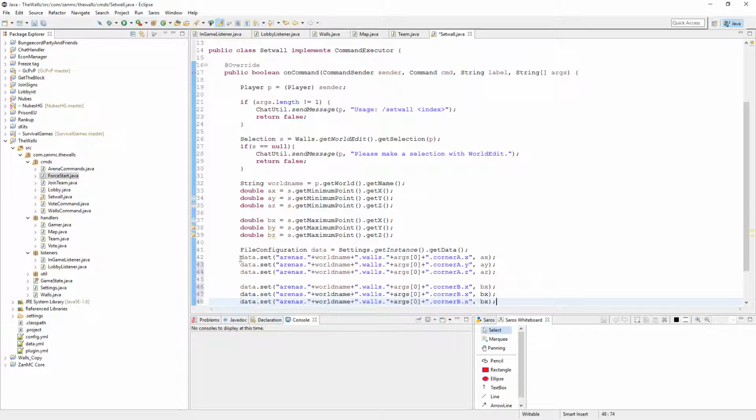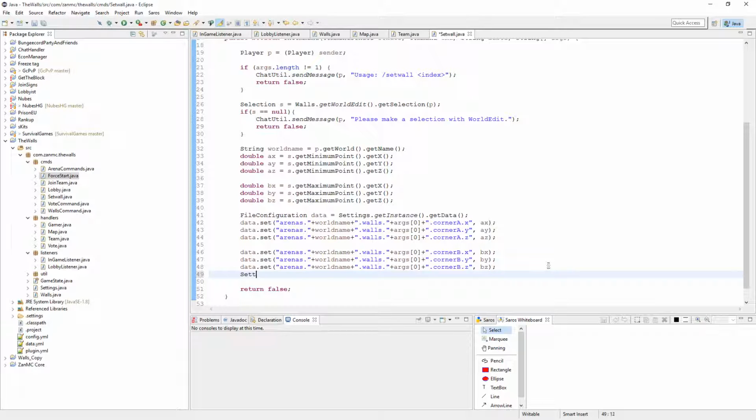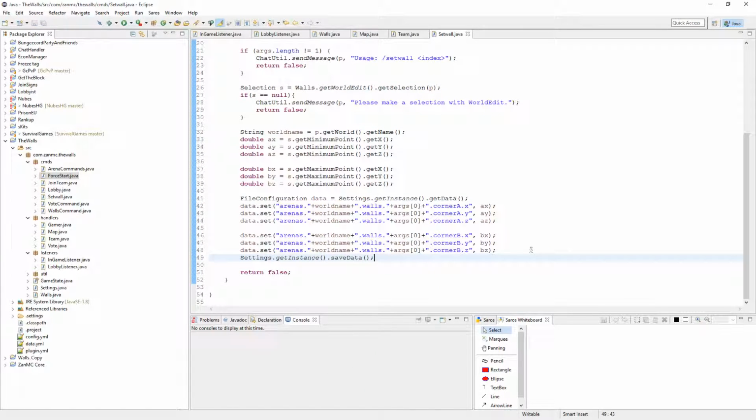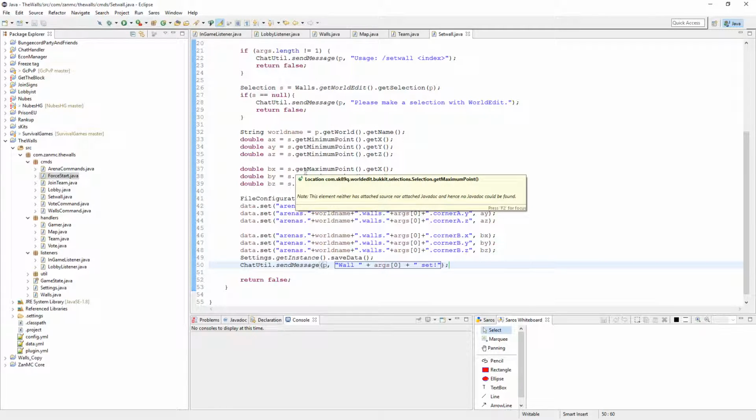So we're going to copy that. And then we're going to do settings.getInstance.save data. Like that. Then we can do chat util.send message wall set wall, and then plus args 0 plus set. There we go. So it tells us which wall is set,